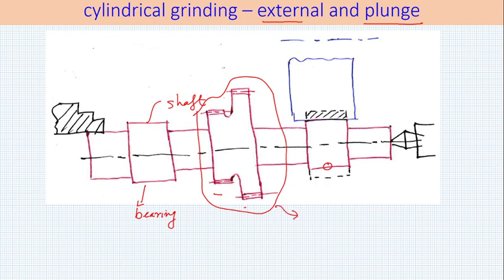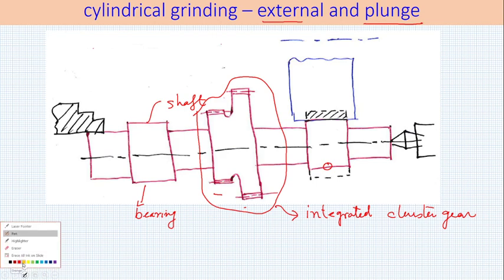This is an integrated cluster gear. So this is the representation of the gear. Look here. Does it ring a bell now? So you have a gear, you have a shaft which was forged. After that it has been machined. These two bearing locations are to be ground. Why are they to be ground? Because you want very precise control of shape and size so that an anti-friction ball bearing can be mounted.